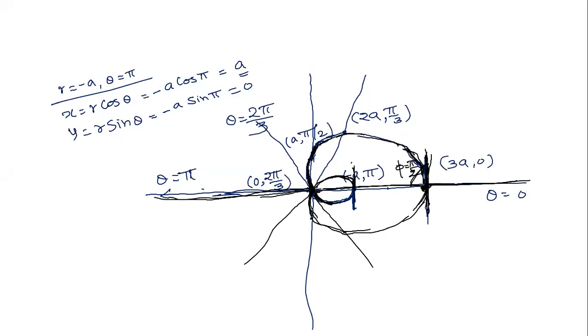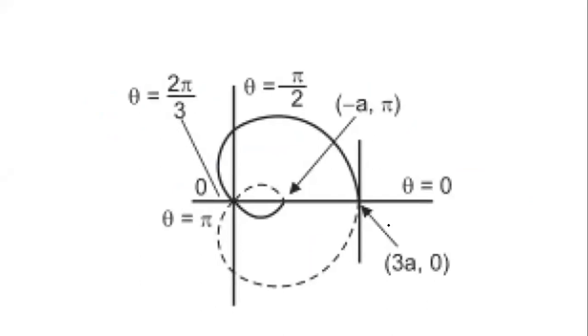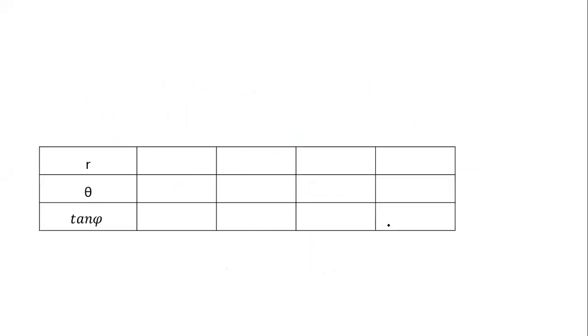That means this line must be the tangent, so that this angle phi will be equal to 90 degrees. And once we have drawn half of this, then we can guess the remaining part will be the mirror image of the previous one. So this is the logic behind this. So this was about ordinary things.